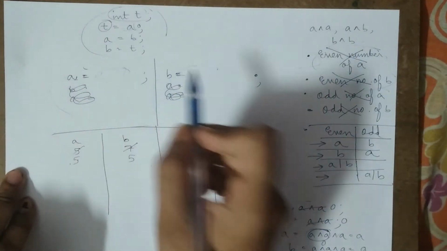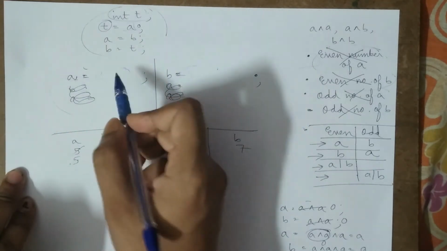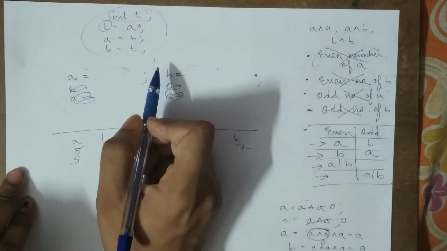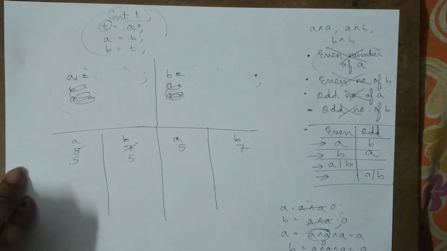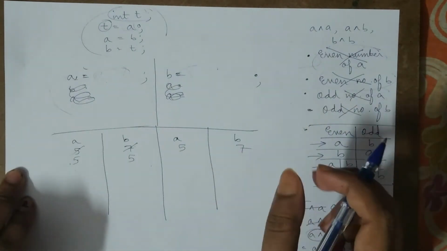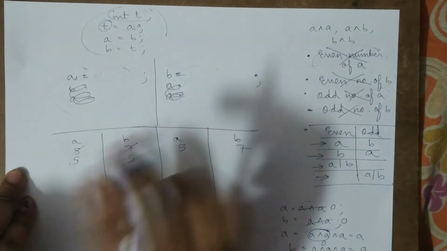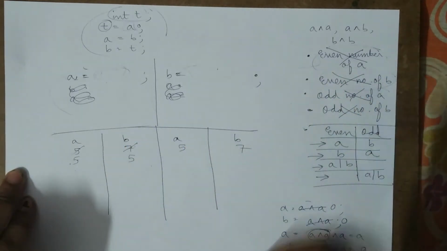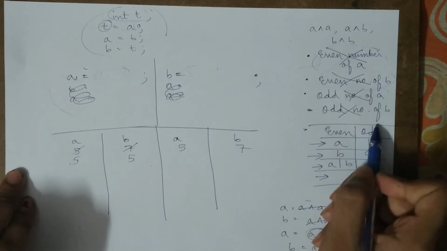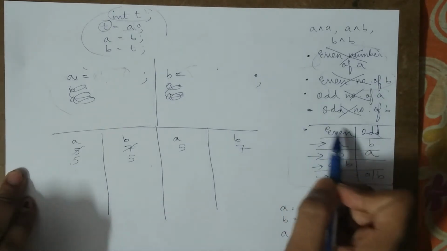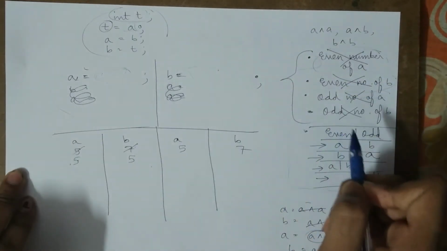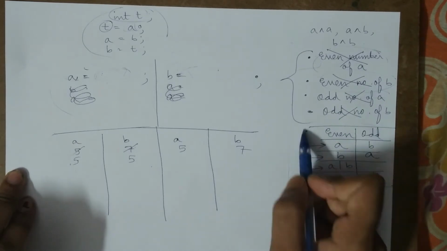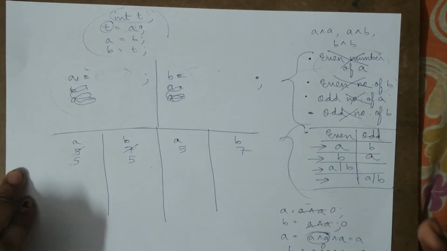We can't write just simply a or simply b, or XOR them even number of times or odd number of times. If we are writing something on the right hand side, we have to write them together, which means we just simply can't write a's or a, or b's or b. We have to write either a's or b, or b's or a, for which we have made the cases over here, okay. So now all these cases were one part of the explanation, and now these cases will be another part of the explanation, okay.